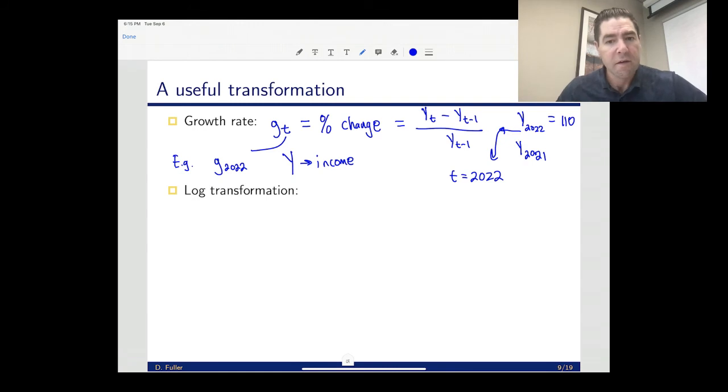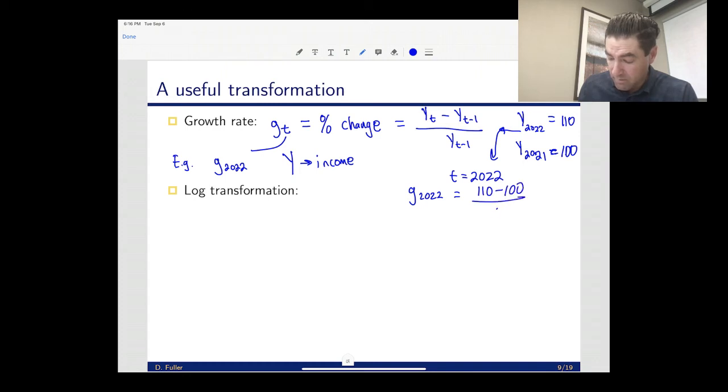We're not going to futz around with that too much. It's just a way for me to write it down cleanly here. So if that was 110 in 2022 and 100 in 2021, the growth rate in 2022 would be 110 minus 100 divided by 100,